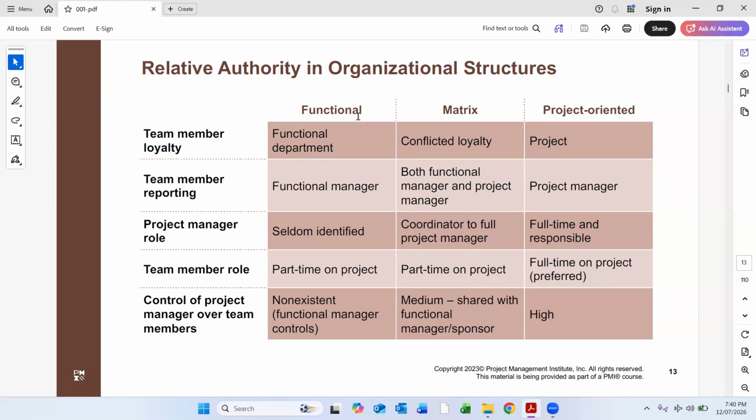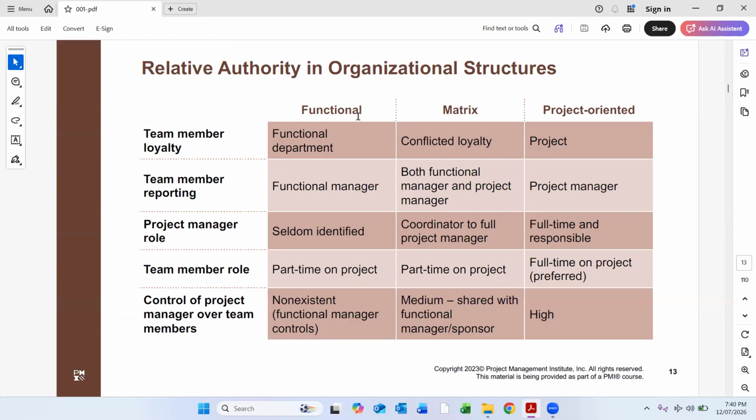The project manager is the one to whom the team members report. The project manager is fully responsible. Team member role is full time on the project. But in the functional organization, team member role is part time. That's the major difference between the functional organization and project organization.